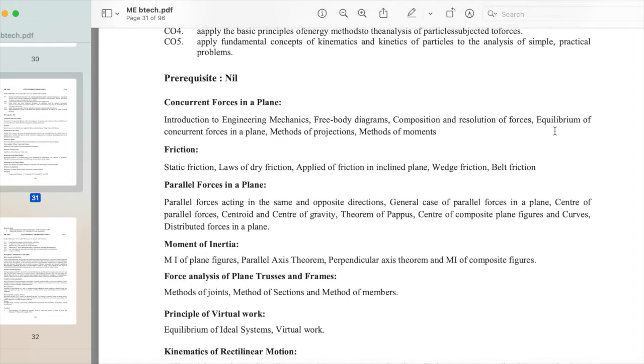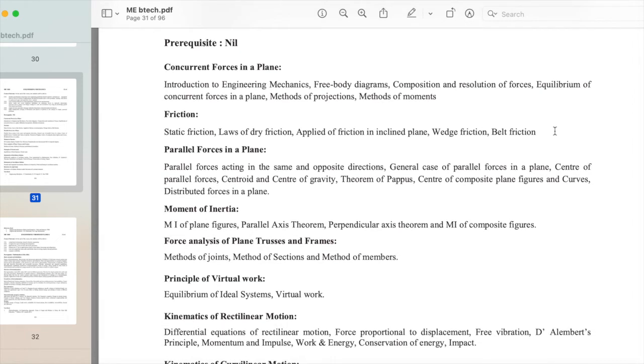Introduction to engineering mechanics, free body diagrams, composition and resolution of forces, equilibrium of concurrent forces in a plane, methods of projections, methods of moments, friction, static friction, laws of dry friction, application of friction in inclined plane, wedge friction, belt friction, parallel forces in a plane, parallel forces acting in the same and opposite directions, general case of parallel forces in a plane,